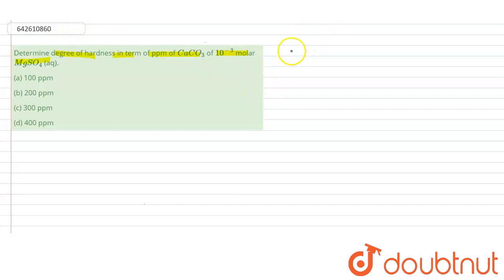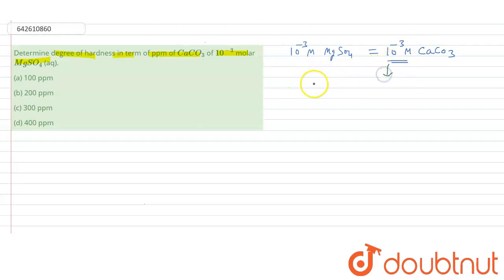That means we have 10 to power minus 3 molar MgSO4, which is equivalent to 10 to power minus 3 molar calcium carbonate. We have to find out the degree of hardness in terms of ppm, but this is in molarity. So what do we mean by 10 to power minus 3 molar? It means